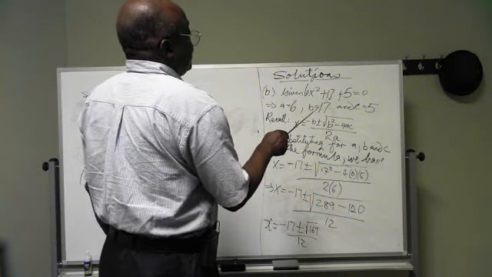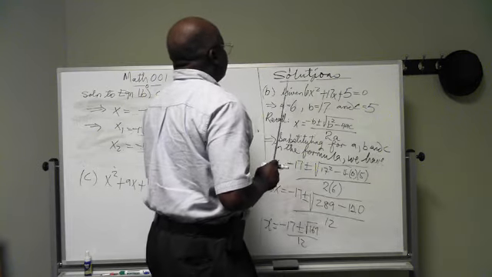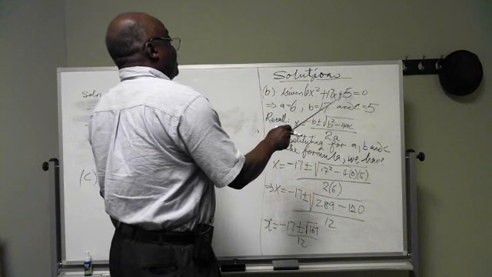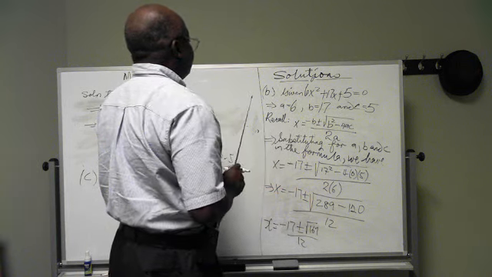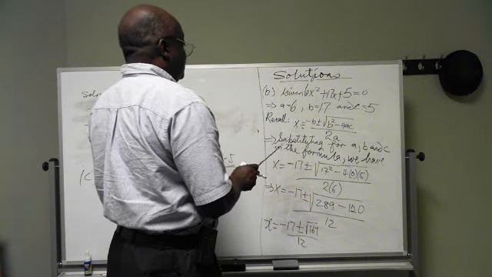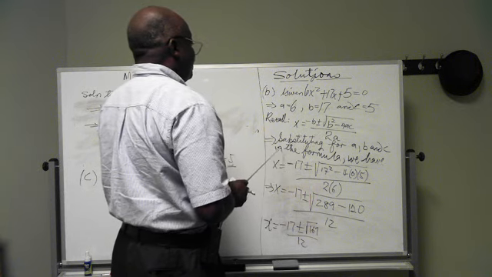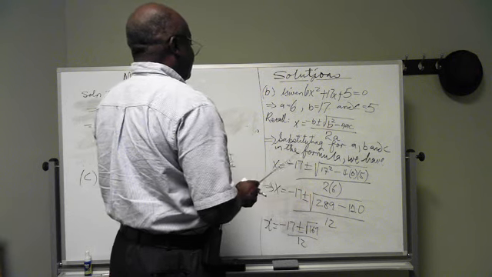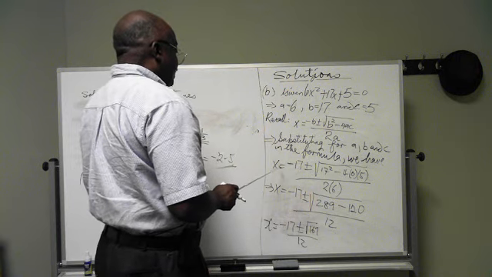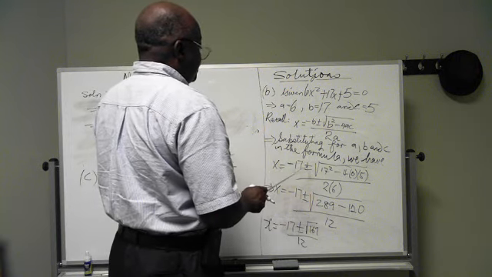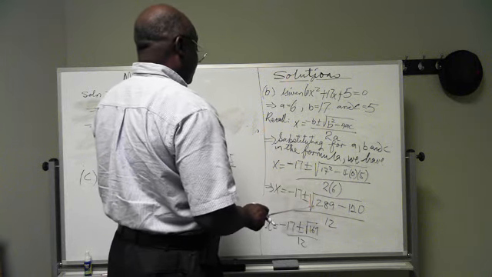Given 6x squared plus 17x plus 5, we know that a equals 6, b equals 17, and c equals 5. Recall, x is equal to minus b plus or minus the square root of b squared minus 4ac over 2a. Substituting for a, b, and c in the formula, we have x is equal to minus 17 plus or minus the square root of 17 squared minus 4 into 6 into 5, all over 2 into 6,